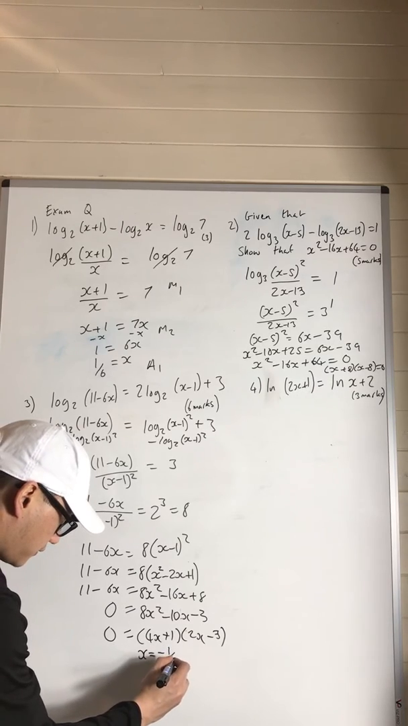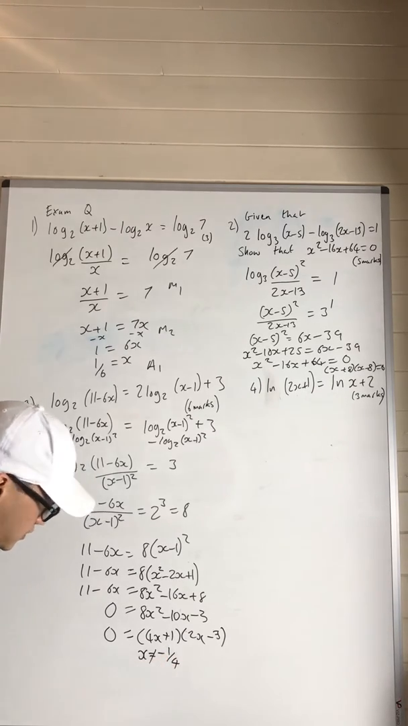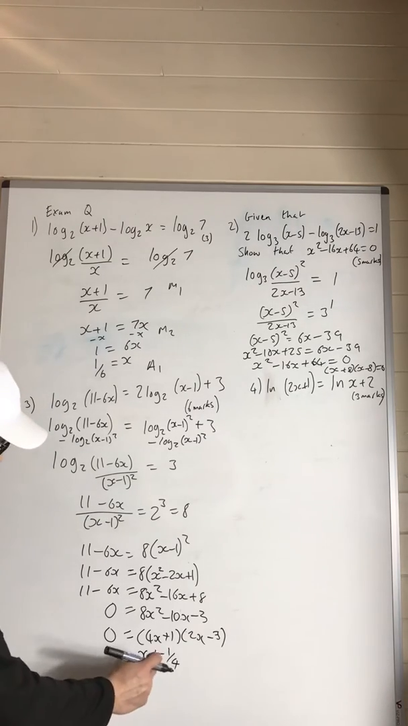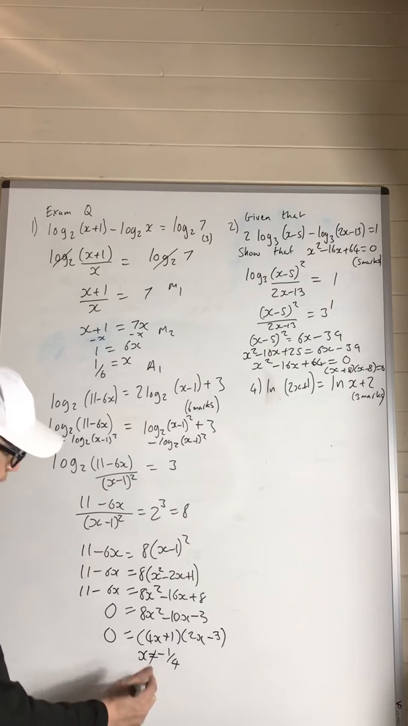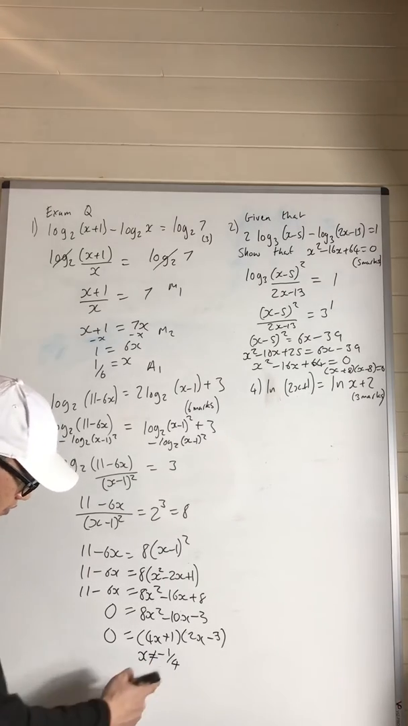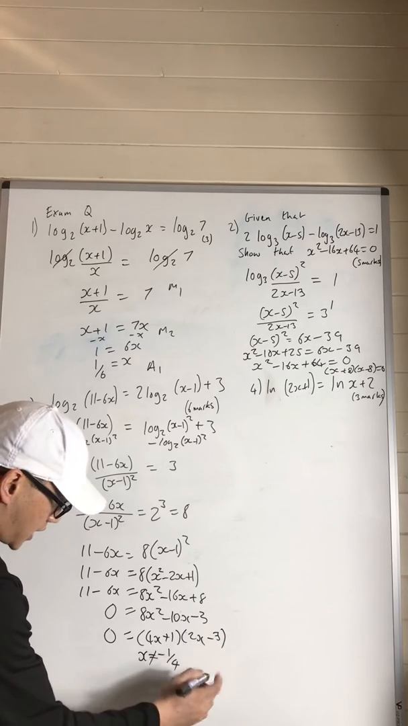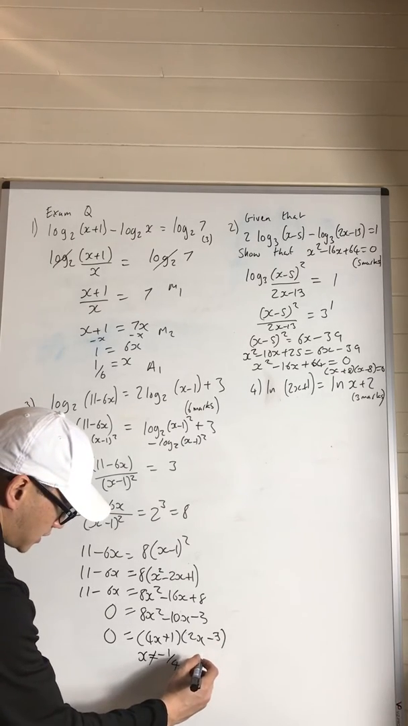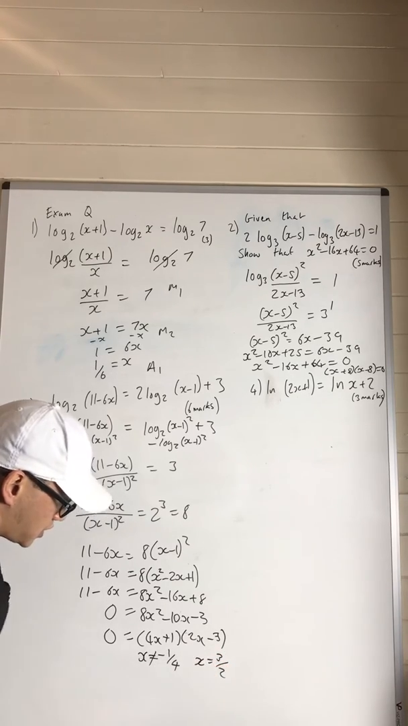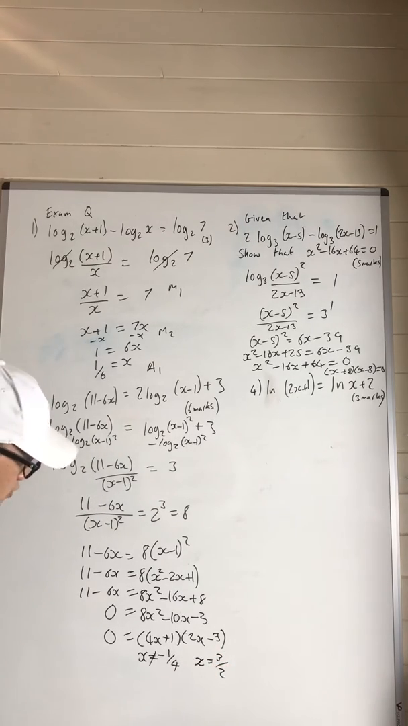minus 1 over 4, but you know we can't use negative log, so make sure you state that here. You can't log a negative number, because that could cost you a mark. And the other one would be x equals 3 over 2, which is the correct answer, and that's your 6